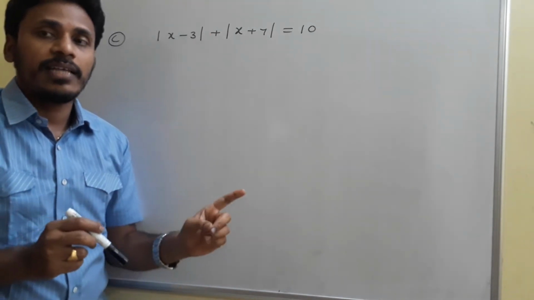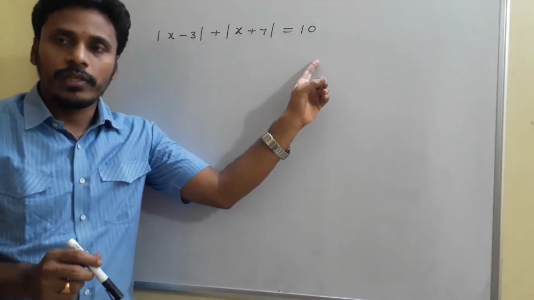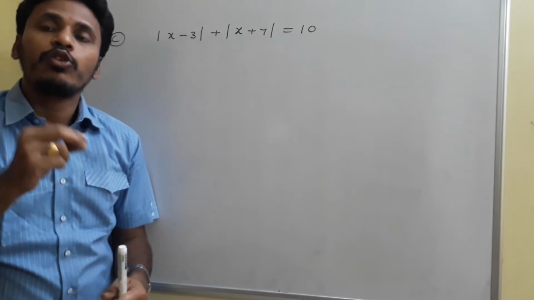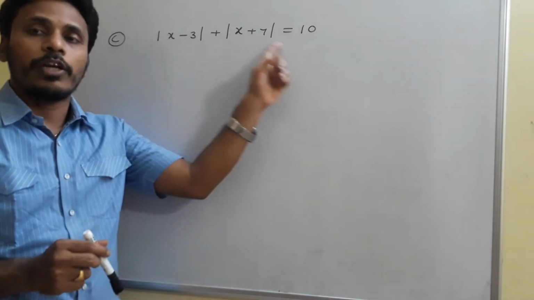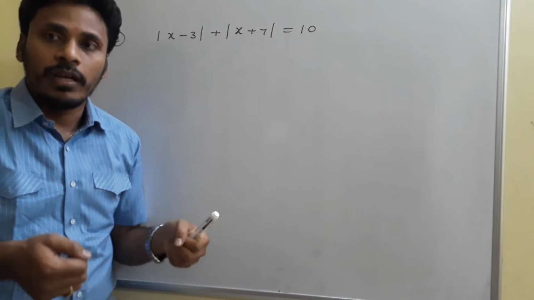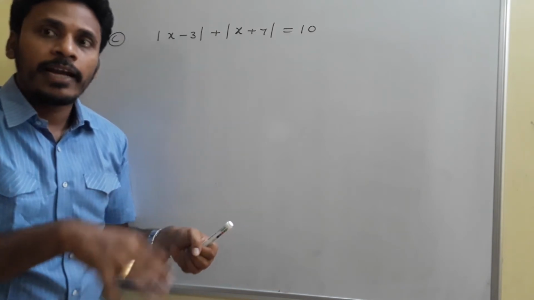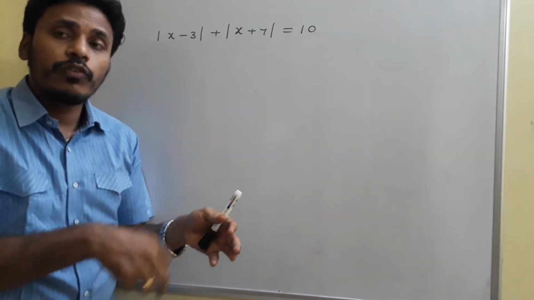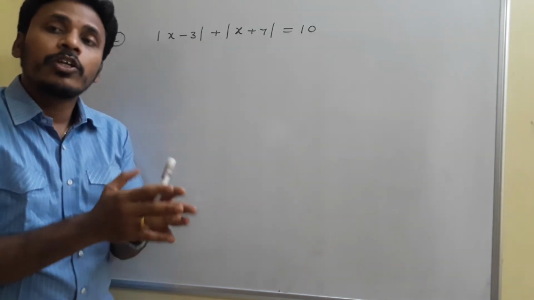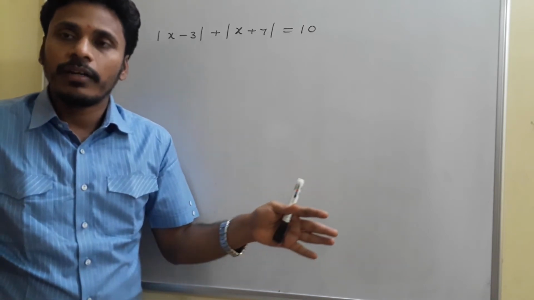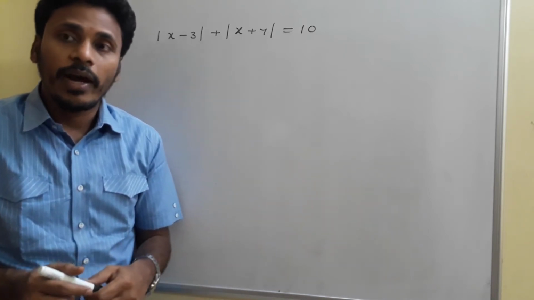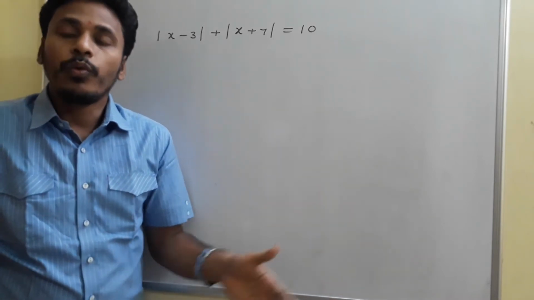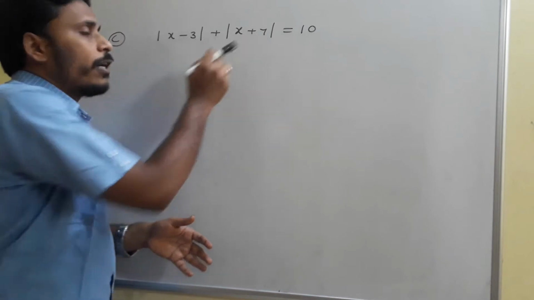As we discussed in the class, our intention is to solve this equation. Solving an equation is nothing but finding the real values of x which are satisfying this particular equation. I have a bag of real numbers, and I need to search in that bag for a suitable value of x. Searching the total bag is somewhat complicated, so I will split the bag into different small bags. How can I divide? I will divide the bag of real numbers into 3 small bags with the barriers of 3 and minus 7.